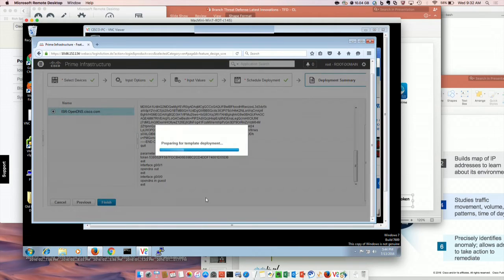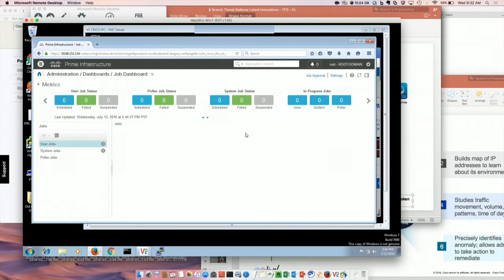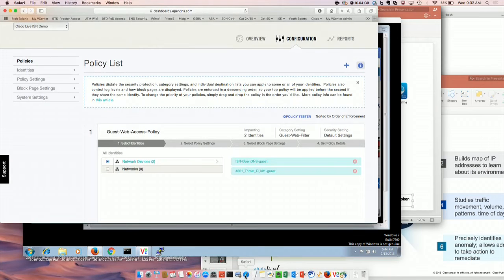Hit finish. So currently it's applying the policy. In the meantime, I'm going to show you what the policy looks like so you have an idea of how